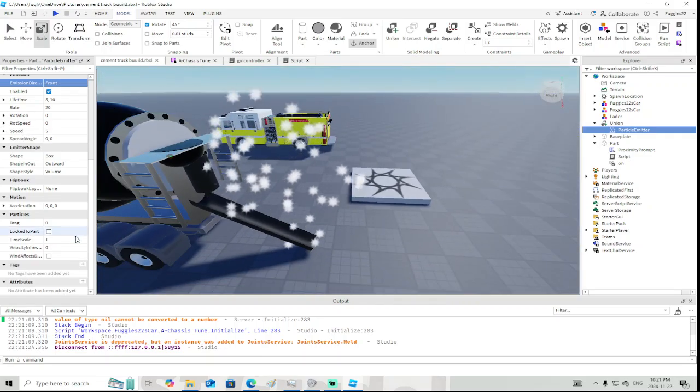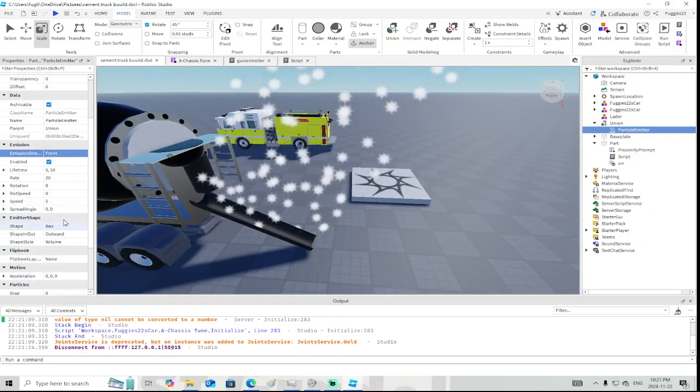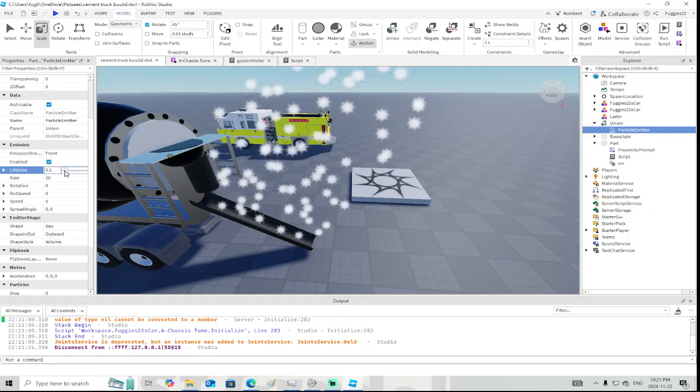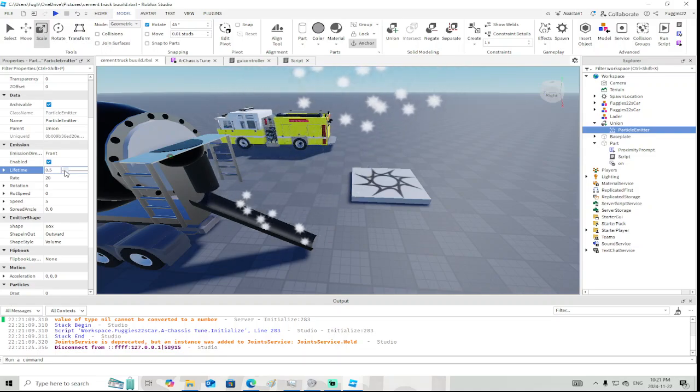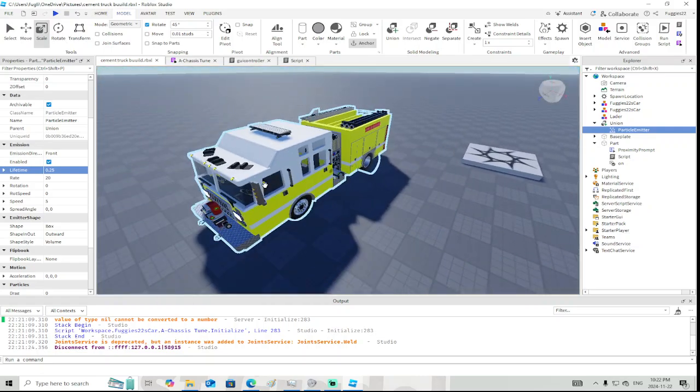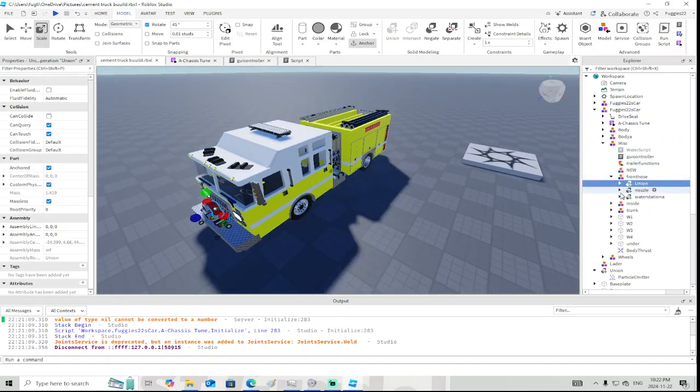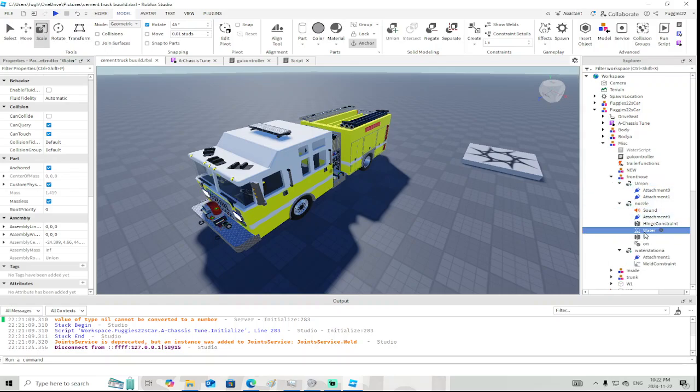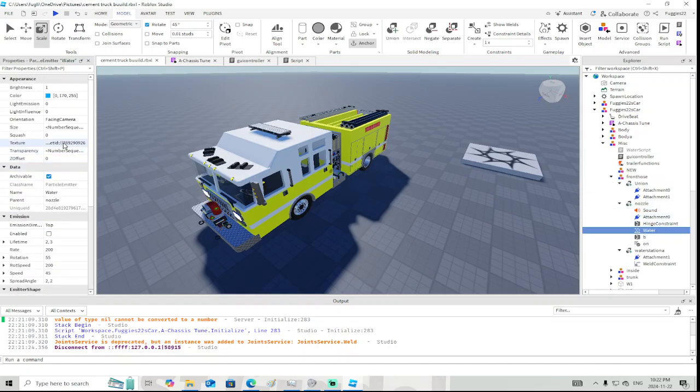All right, and then if we change the time scale to something like that, and then if I took, where is the water? If I took that texture,